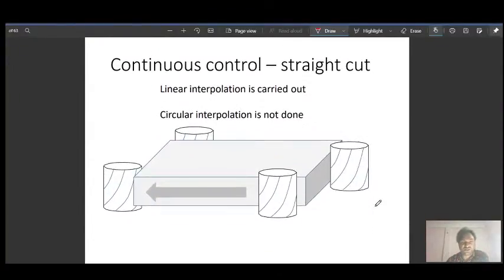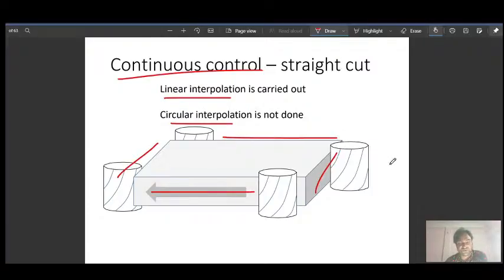And continuous control, as I have said, has two types: linear interpolation and circular. So in this one you see only a straight cut. And if we have to cut from this diagonal to this diagonal, it means there are two axial movements involved, x and y.